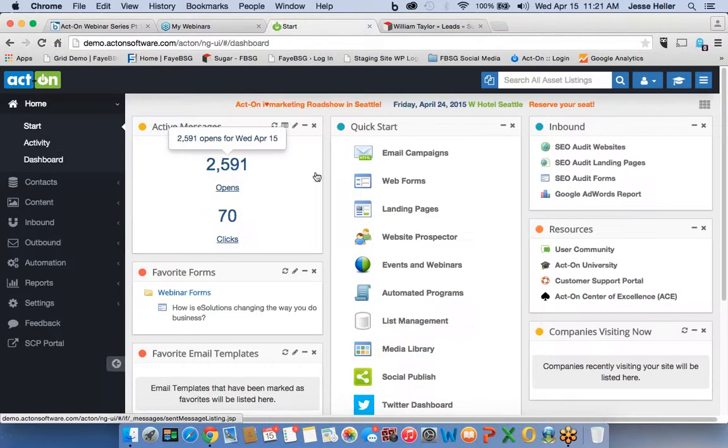So to go back to the home page, you just click on this little icon here, and you can get started in any way you want. One of the coolest things when we first started using Acton that we found just mind-blowing was this SEO audit here. And essentially how it works is